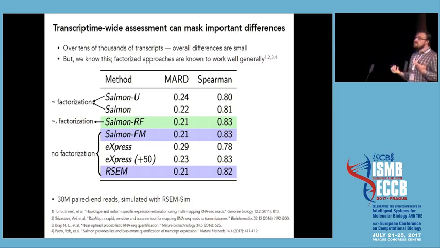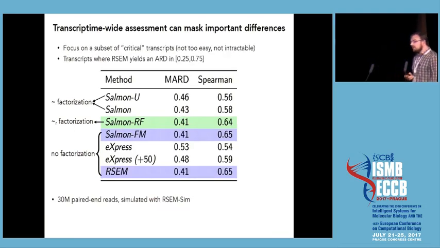And so many of them are very easy. Many genes are producing what is quite clearly only a single isoform. And so all the methods are doing well, and you're sort of washing out differences in this large sea of different transcripts. And so what we did is we restricted the set that we did this analysis on to what